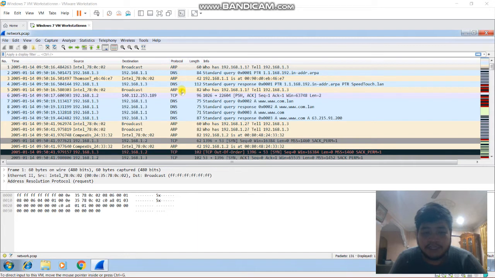The packet protocol names such as TCP, DNS, ARP can be found in this column. The length column is in bytes. The last one is the info column, where additional details about the packet are present.